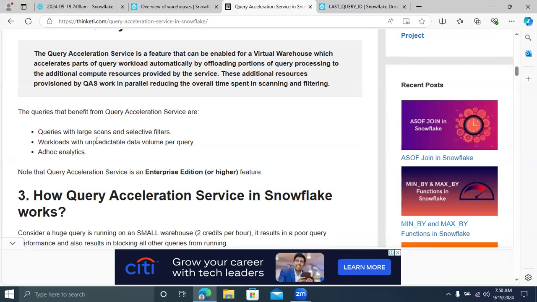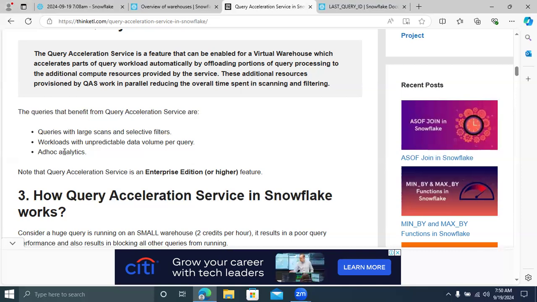You want to scan those micro partitions. Then you have to go for the query access services. If you want to filter the data in huge data sets, then you go for the query access services. And then you have unpredictable data volumes like petabytes, terabytes, zettabytes. If you have this much volume of data, these workloads, then you have to go for the query access services. Based on the scale factor, it will create the compute resources, and then it will run your queries very fast. It'll do the scanning, filtering, and partition scanning. Everything will happen in the query access services.